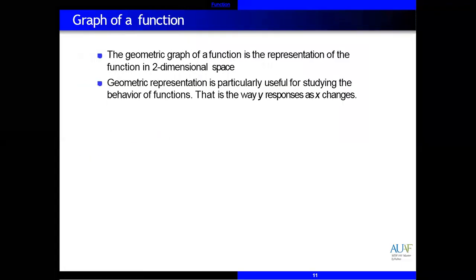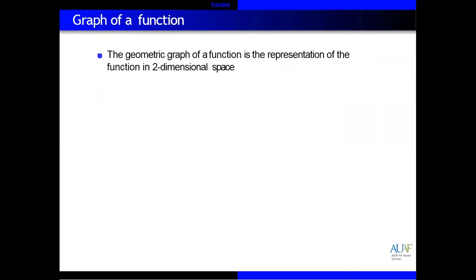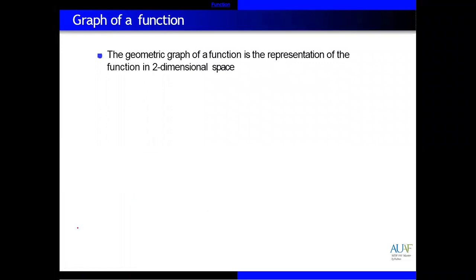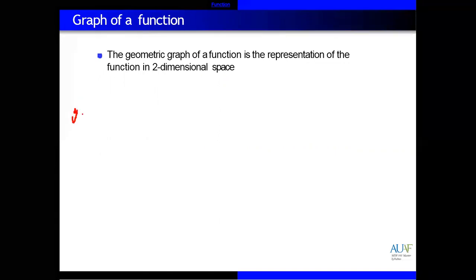One-to-one function. Then we have actually graph of a function, and you know that, but I will try to draw one function, graph of one function. I will take a simple function, like if we have an equation like y is equal to x square, or x square plus 1.